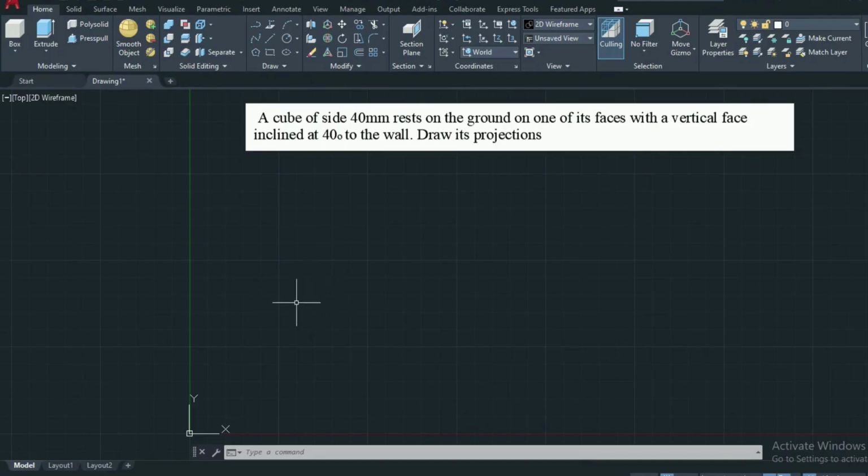Hi, in this video I will present projection of solids. You know a regular solid is usually positioned with reference to the planes of projection, either the horizontal plane or the vertical plane. The position will be mentioned by considering its base, face, axis, base edge, face edge, or base corner. Okay.